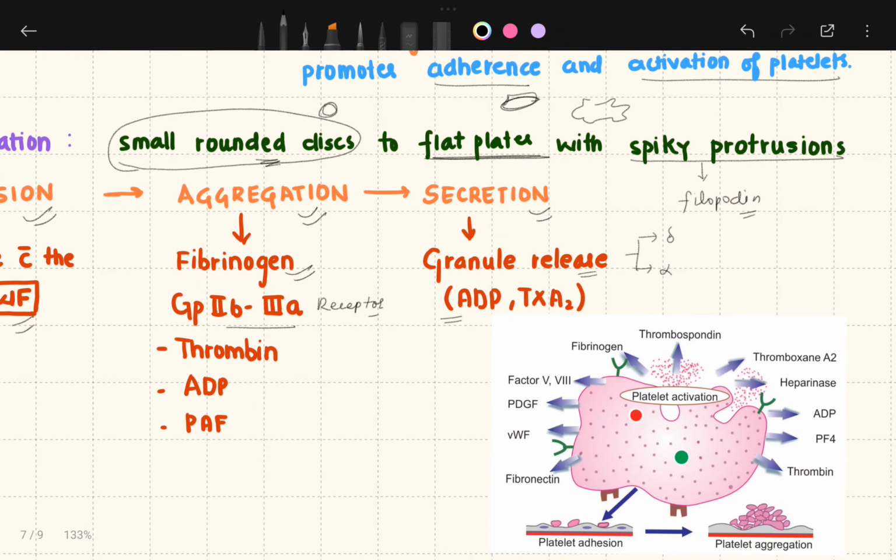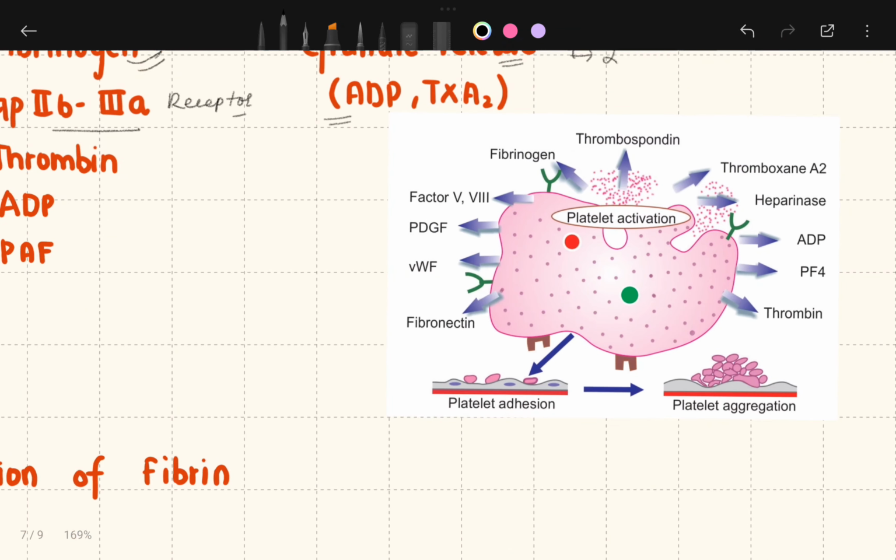Now this is the activated platelet. You can see there are several receptors present on the surface of platelets. These are the glycoprotein receptors or the G protein coupled receptors. And there are certain other things that are getting released, like von Willebrand factor, fibronectin, platelet derived growth factor, factor V and VIII, which are the factors for coagulation. Fibrinogen, thrombospondin, thromboxane A2, heparinase, ADP, platelet factor 4, thrombin, and they are helping in moving from platelet adhesion